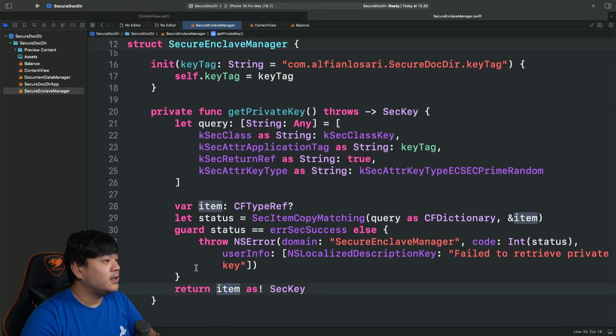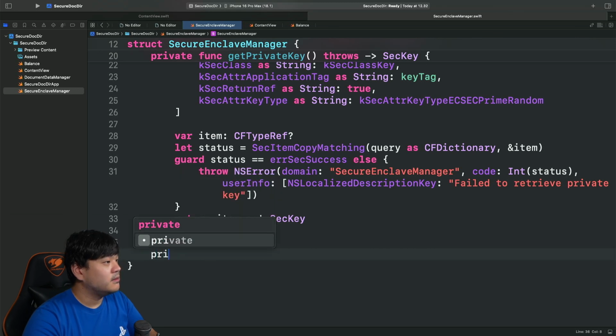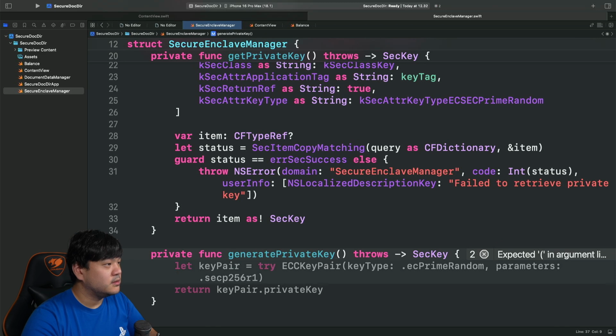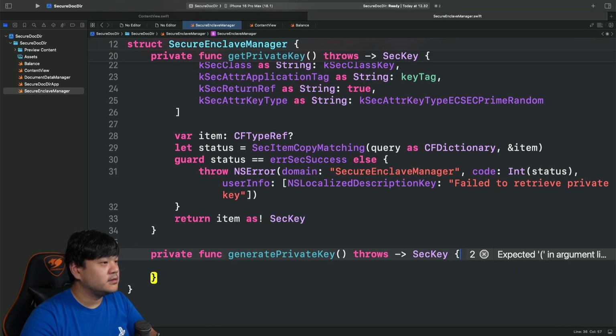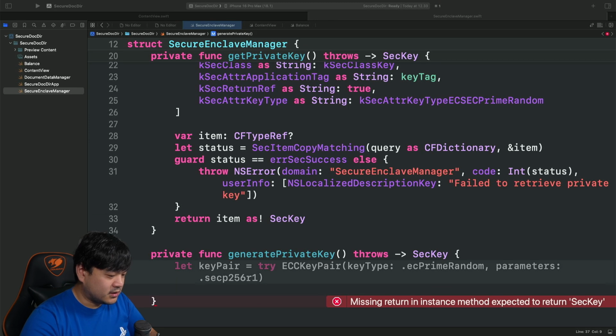The second method is basically the method to generate the private key. Private func generatePrivateKey. This is also a throwing method that returns a cryptographic key.